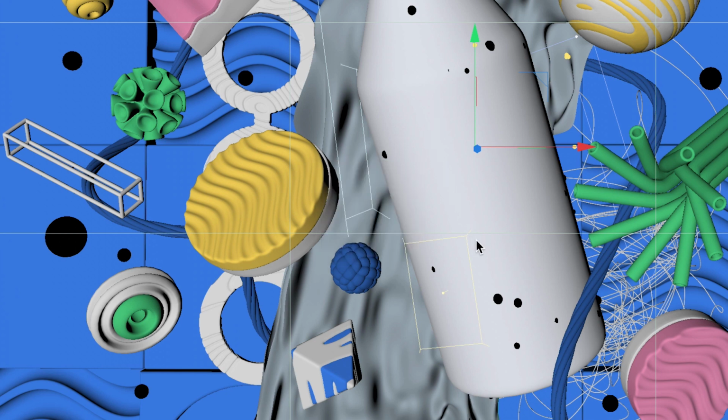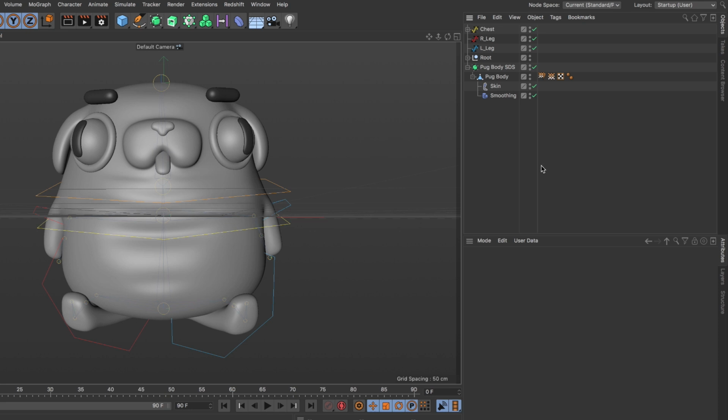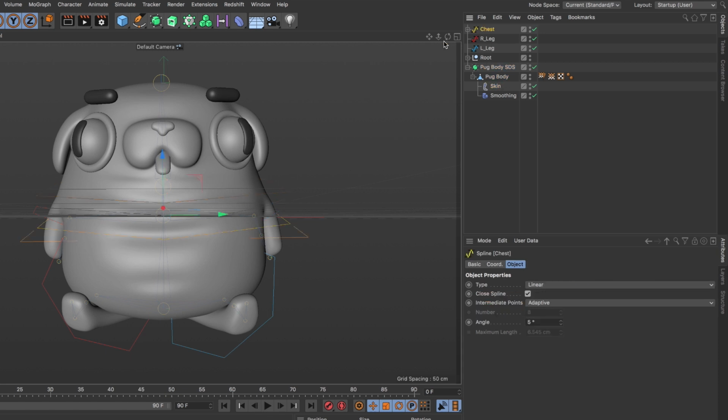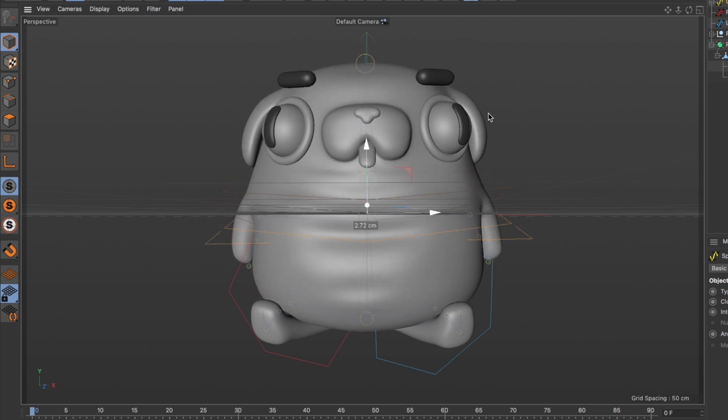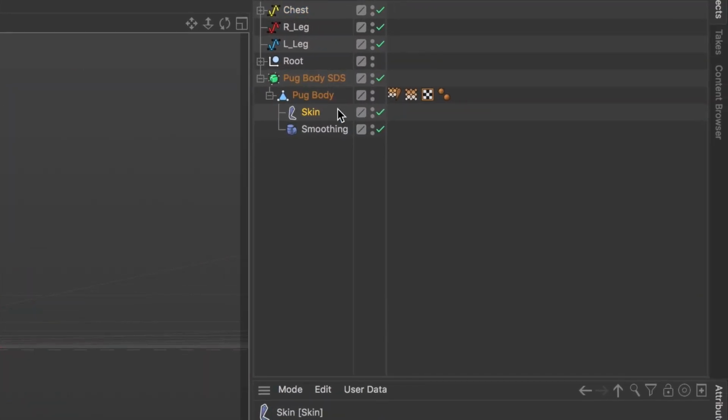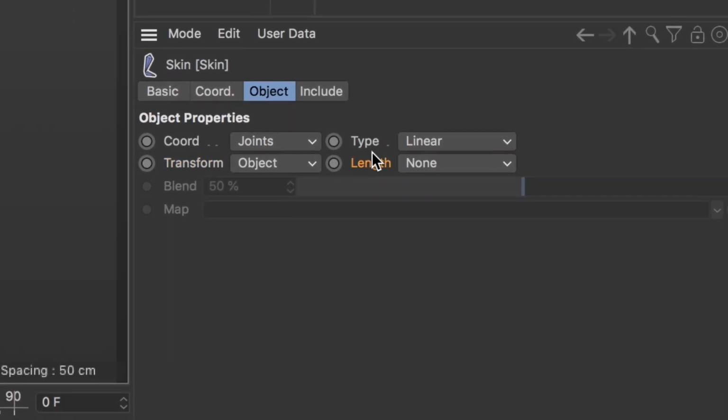I love adding squash and stretch to characters, and using the skin deformer, you can actually add that kind of ability within the skin deformer itself. So here I have a character. If I want this to be squash and stretch, you can see that we're really not getting that. But if I go to the skin deformer, go to this Length, and adjust this to Volume Scale,